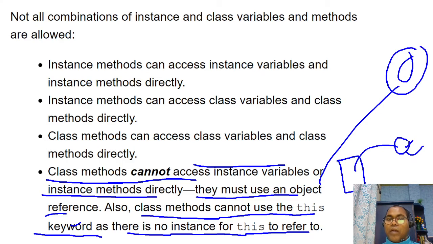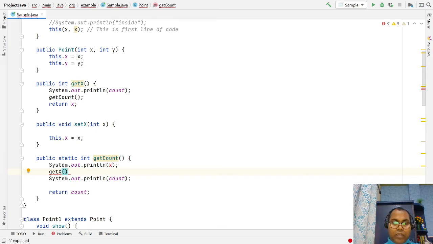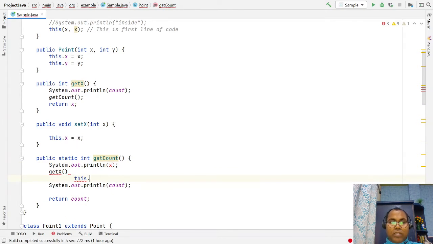If no object is created, which object would this refer to? So if you try to use something like this.x, these are not allowed.